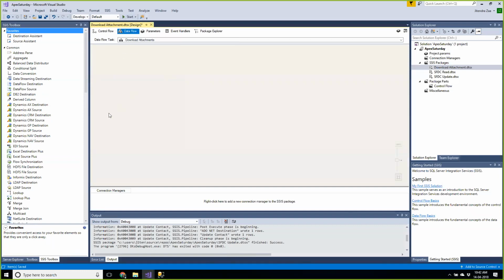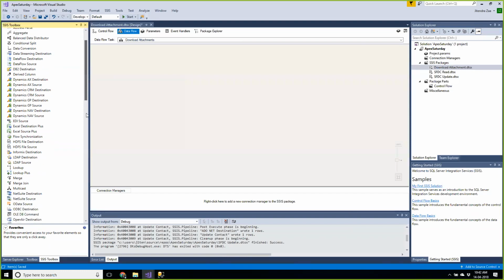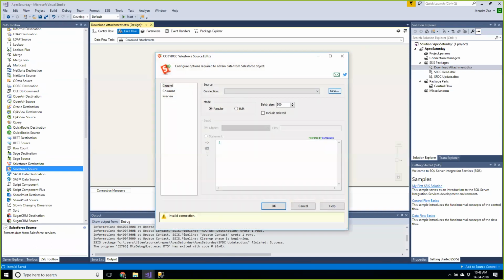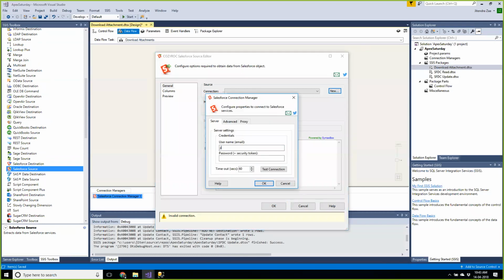Again, this time the source is going to be Salesforce. So I'm saying, okay, this is the Salesforce source. Again, we have to create a connection here with my Salesforce instance. Go here and I will say,